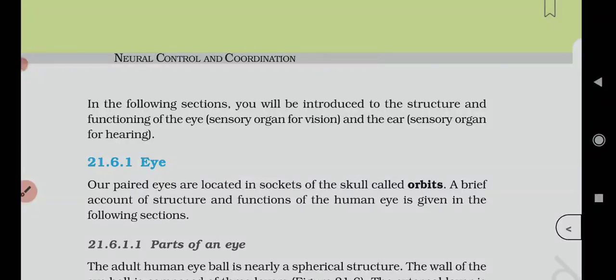Now we'll be discussing a very important structure, a very important sense organ, that is the eye. As we are going with the NCERT audible series, understanding each and every line and the concept behind it, but this is not just enough for cracking NEET. We need to know what type of questions NTA is framing from NCERT. And another thing we need to know is